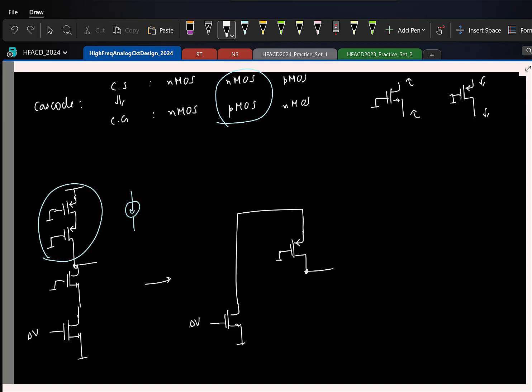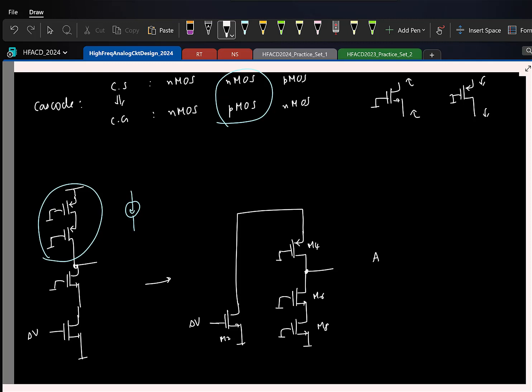This is the core, and here I had a cascode current mirror with the PMOS. So what do you think should come here? NMOS cascode, sorry, not current mirror, current source. Cascode current source is what was used here. So here also I will have a current source realized using a cascode but with NMOS. So again, incrementally I'll draw it like this. We'll see the final picture. So again, if I label the transistors this way,